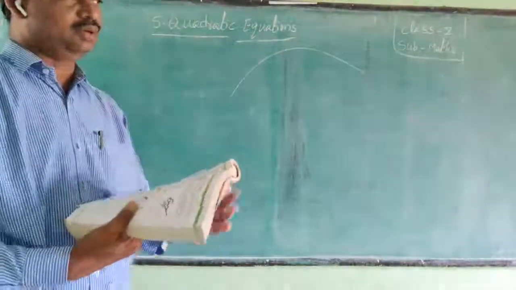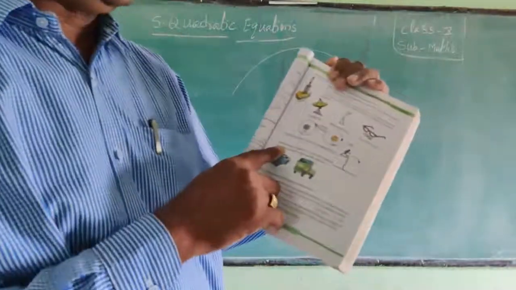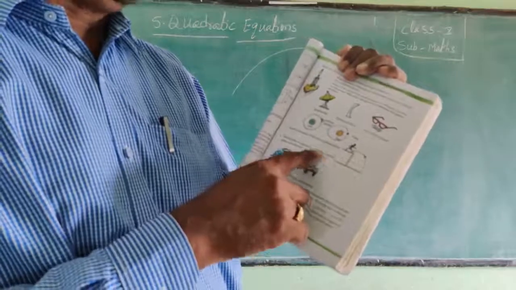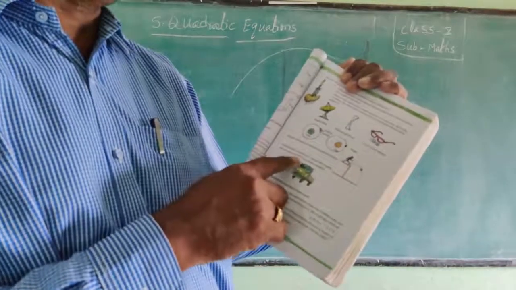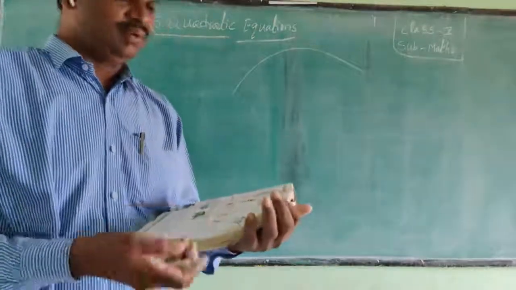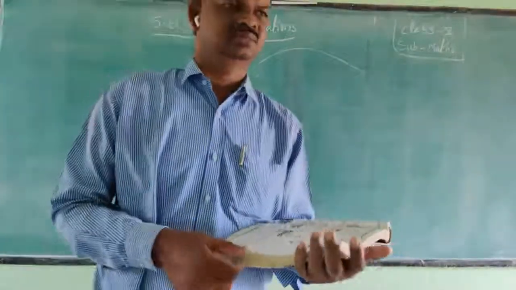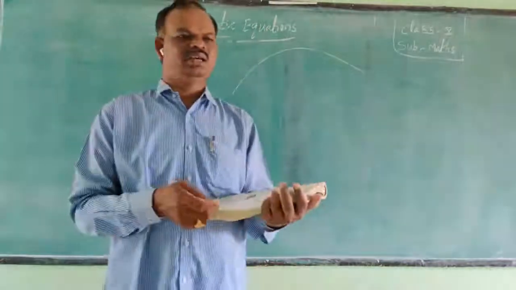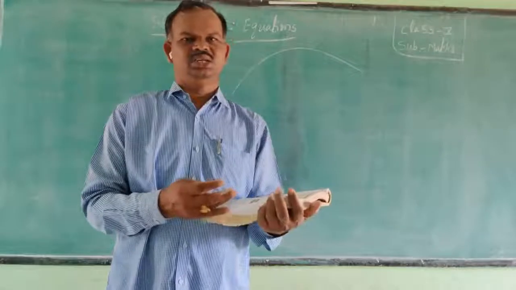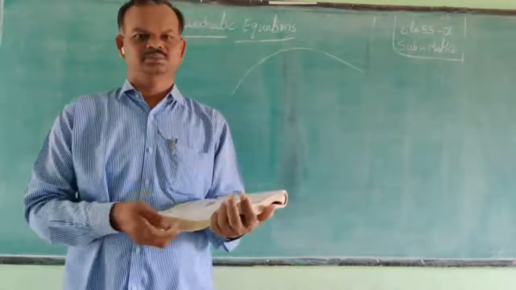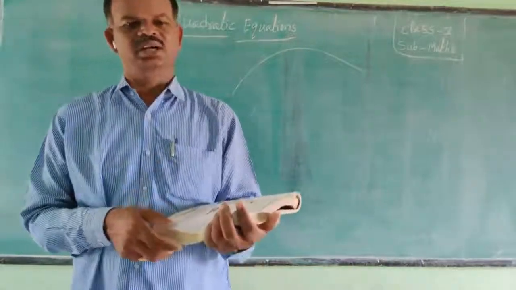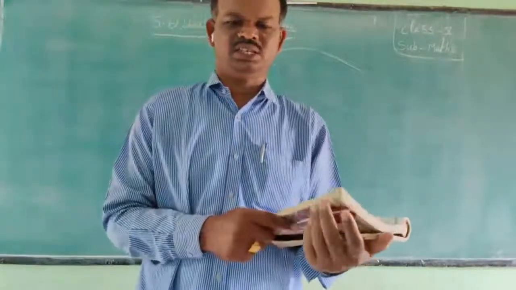Next, fourth one. When the brakes are applied to a vehicle, the stopping distance is calculated by using the quadratic equation. We are going in different types of vehicles. We apply the brakes, it moves some distance and stops. This distance is calculated by using the quadratic equation or quadratic function.